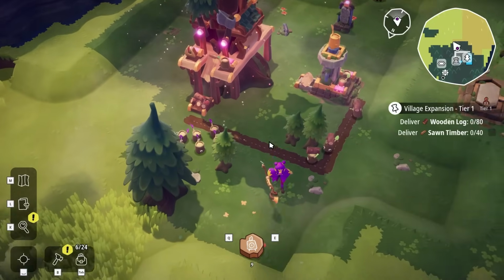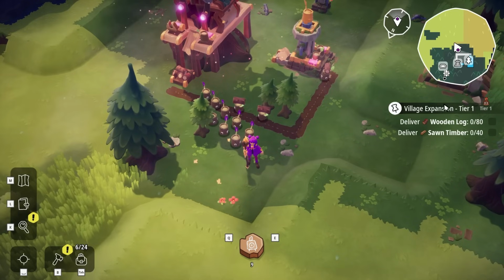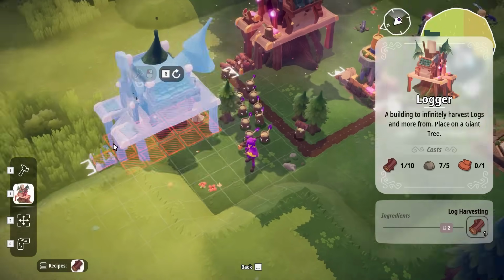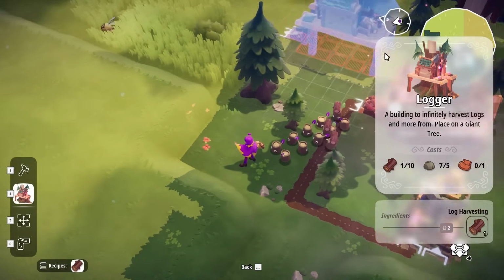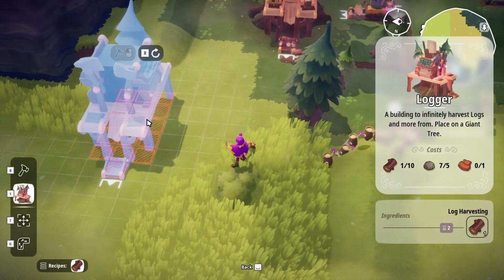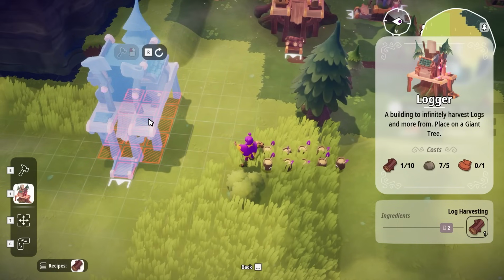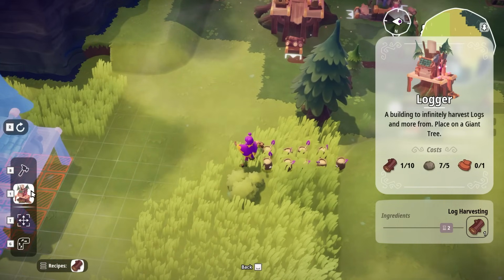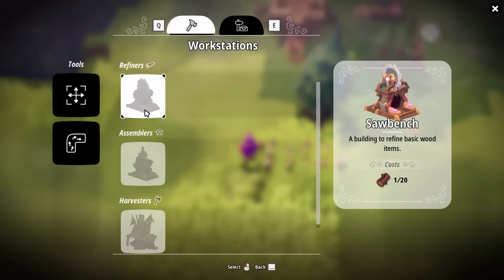We'll work it out. Okay, so let's see where we can make a saw bench. Oh, it's massive. Okay, of course it is. Oh no, that's the logger. Of course it's massive. We don't want the logger, do we? We want the